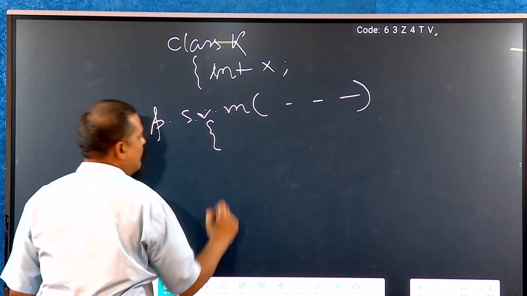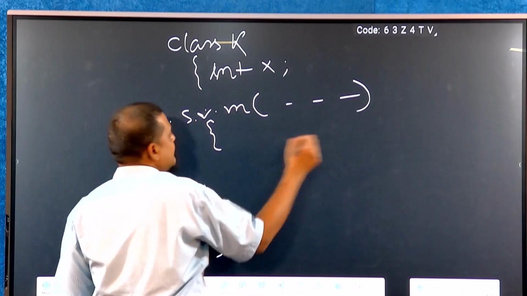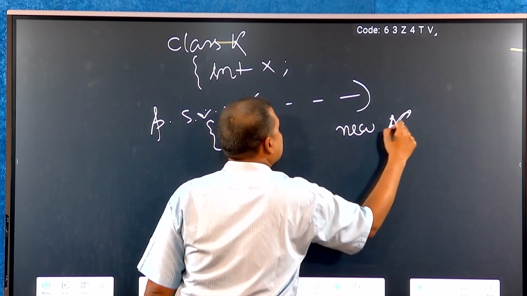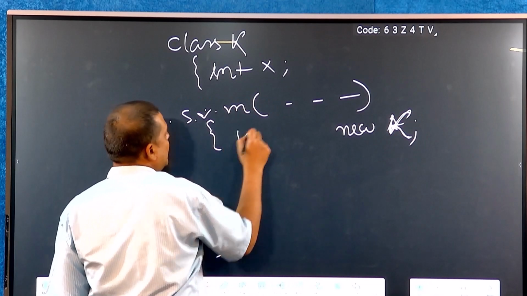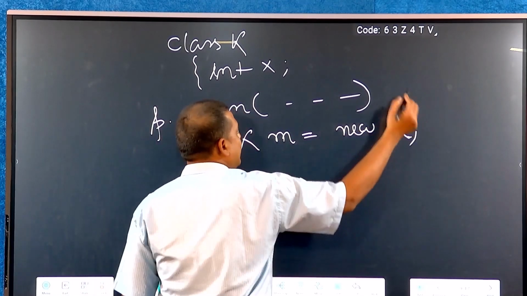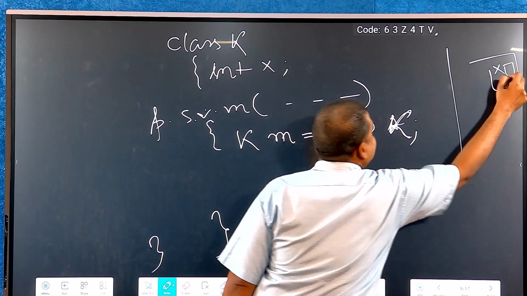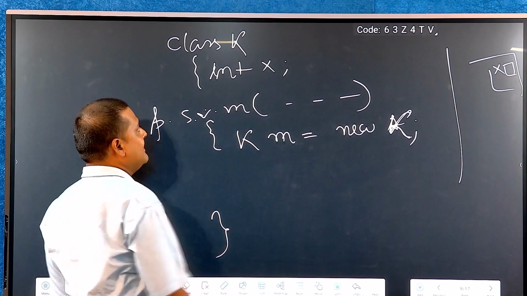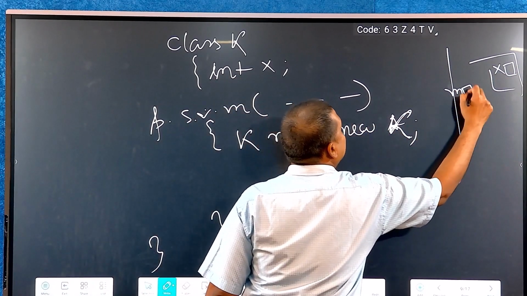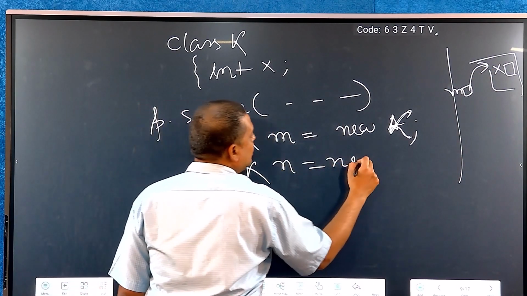Now, if we create the instance like this, new k, say m equal new k, what will happen? Inside memory a location will be created for x, because only one variable is there, and this memory will be accessed by m. And again, if I write n equal new k,